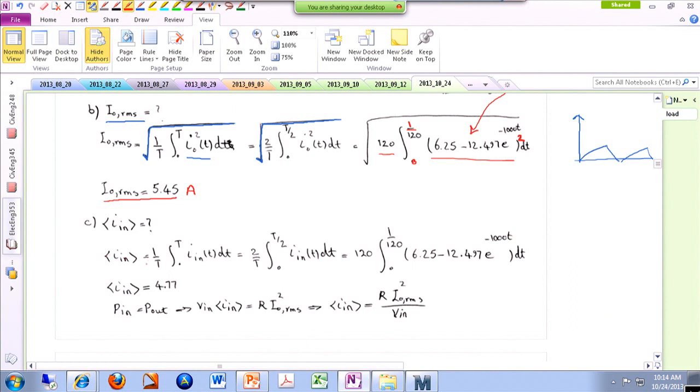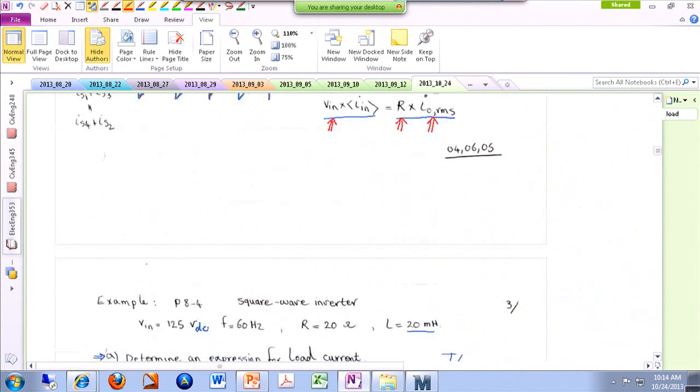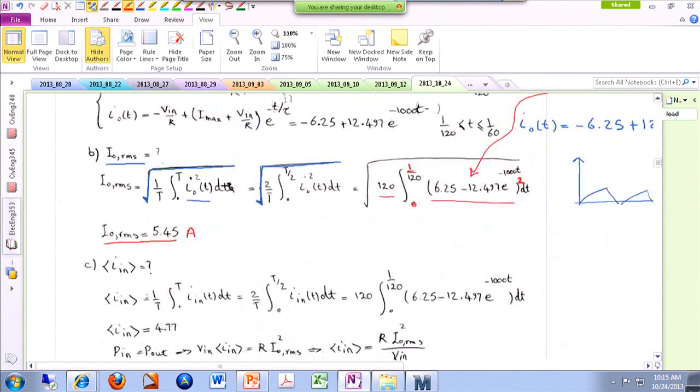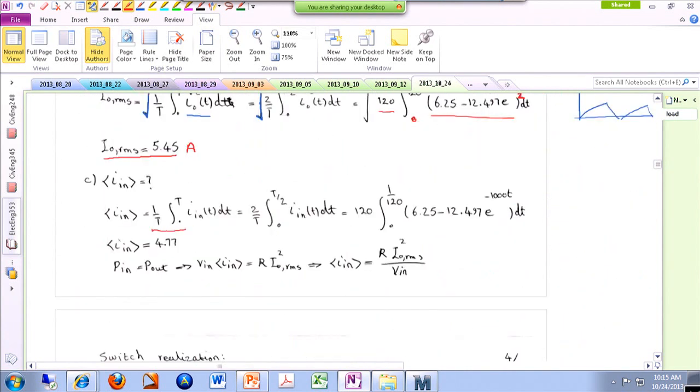So for the average value of the input current, if you look at the input current waveform, it's actually periodic with a period of T over 2. So I don't really have to do it from 0 to capital T. I can do it from 0 to capital T over 2. That's what I'm doing here. I'm only focusing on this part and finding the average value of my signal, going with the original definition of the average value of a signal. There is a symmetry in the system, so I only focus on the first half of the period. And this is the expression for my input current, which is the same as the output current in this mode, and the average value of the input current turns out to be